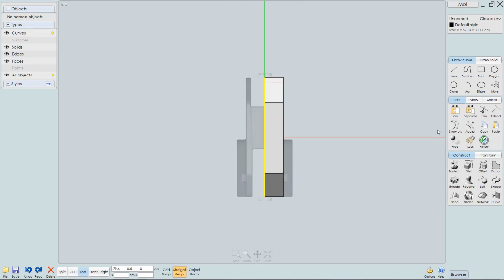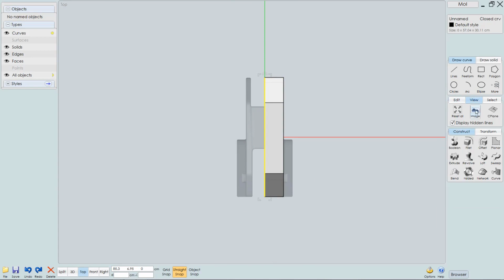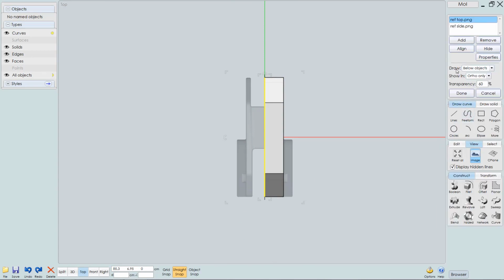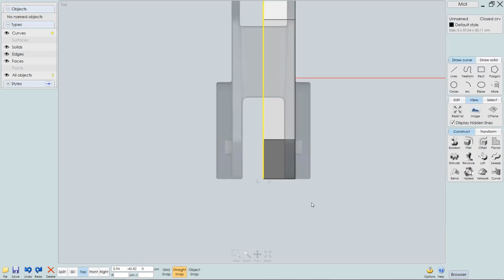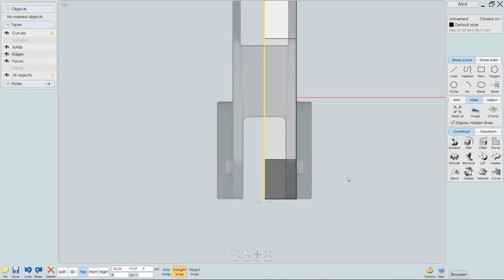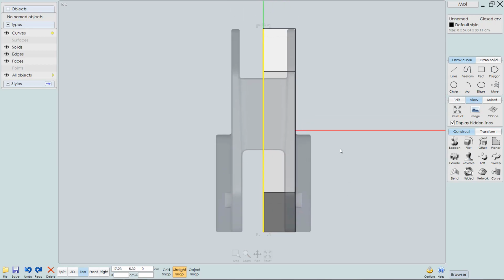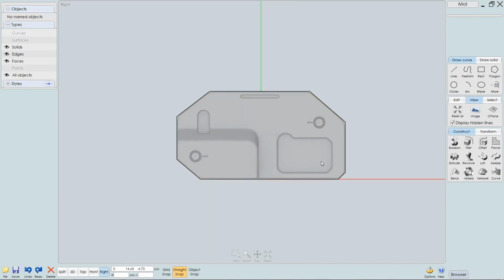So what I'm going to do is I'll go back to View, Image, and I'll change the draw mode from below objects to above objects. Hit done, and now we can see that reference image again. Our curve is still selected. We don't need this anymore, so I'm going to hit delete to get rid of it. Let's go back to the front view, and